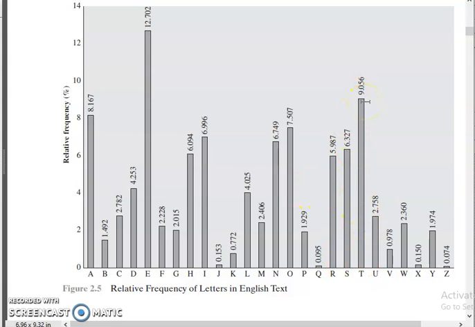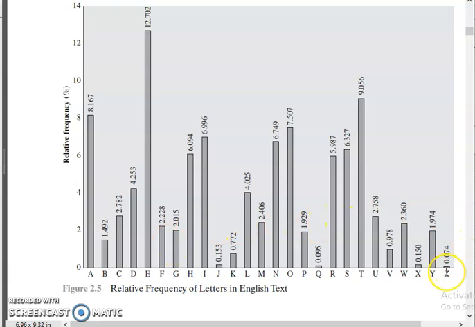This is the normal original English language frequency of letters, showing which letters are frequently used when we write poems, letters, books and all things. According to that, the survey is displayed here. The letter E is the most frequently used letter. Next to E, the letter T is the most frequently used letter in English. Then the next frequency is the letter A, and after that the letter O. In this picture you can see the frequency of the letters in English.